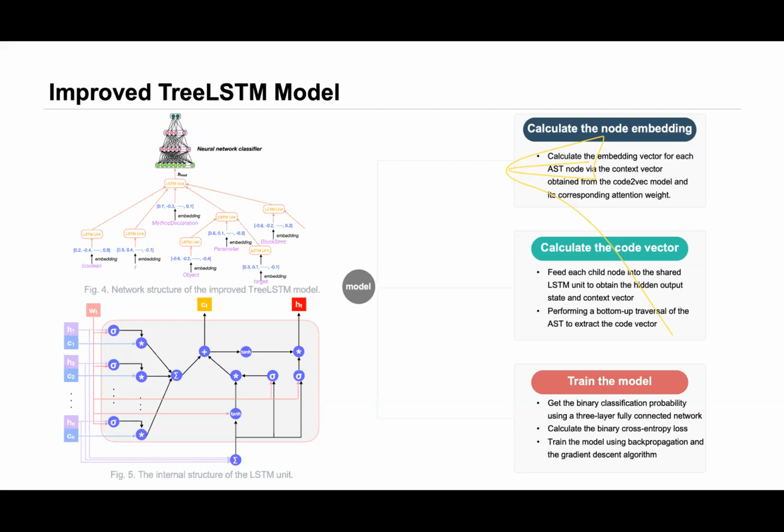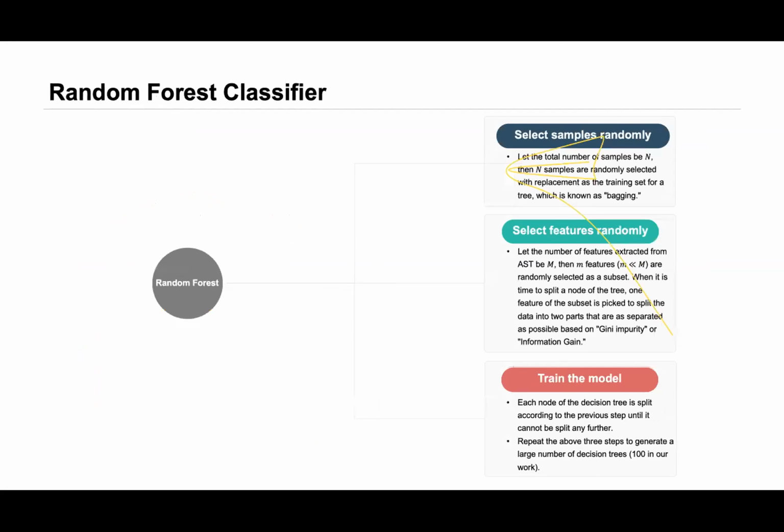Until now, I have introduced two classifiers: the improved code-to-vec classifier and the improved tree LSTM classifier. Since the final prediction made by the sublearner will consider all base classifier prediction results, more base classifiers are needed to achieve better prediction performance. In our research, we choose the random forest classifier as a third base classifier to participate in the final prediction, because it is also an ensemble learning algorithm with exceptional performance.